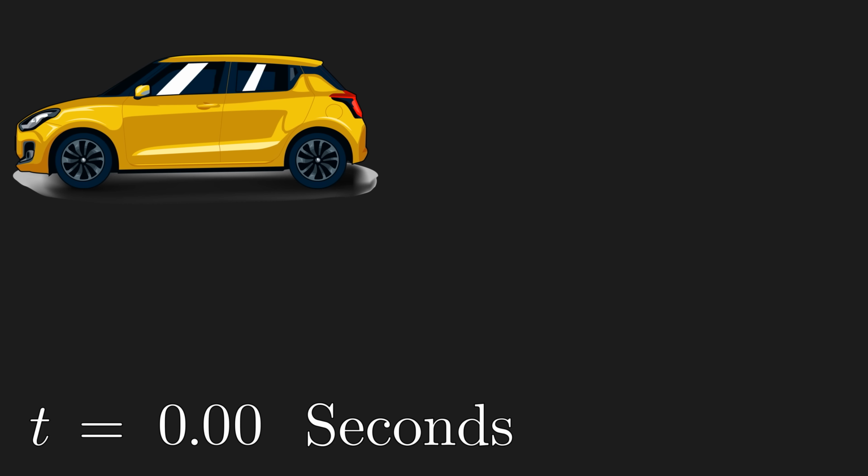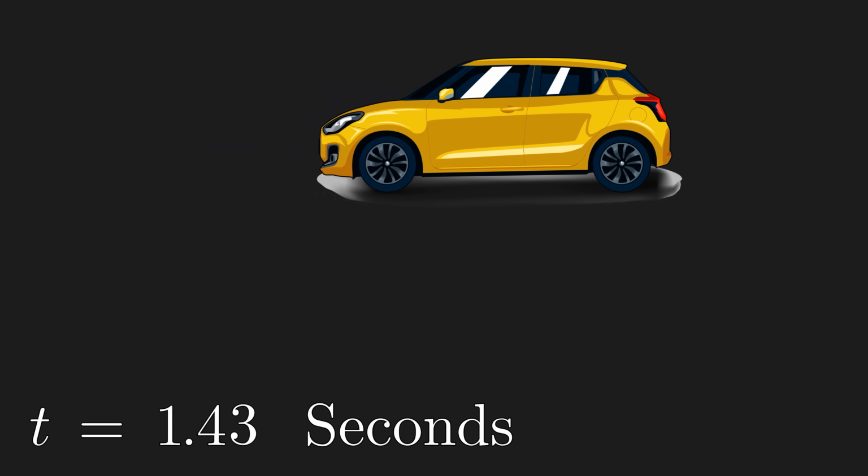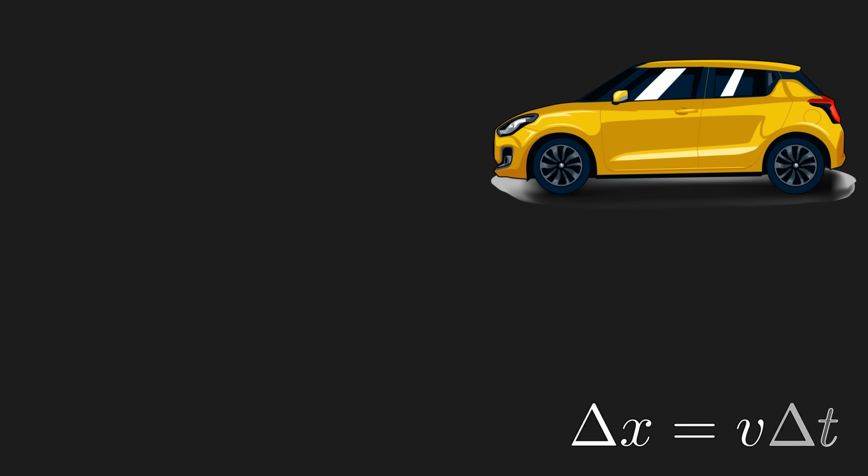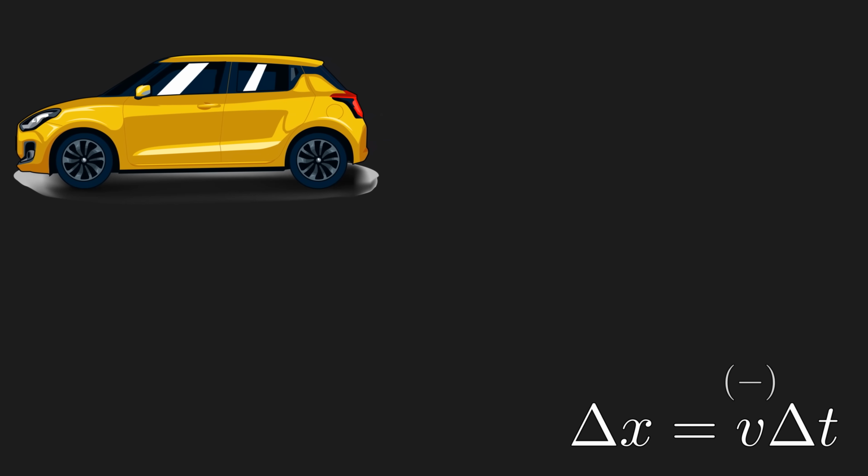Let's start by looking at some interesting examples of explanations you may get from your school teachers. Imagine a car moving backwards in time. Then, once we play the video backwards, it looks as if the car is moving forward. And we can think of this as two negatives canceling out to become a positive.